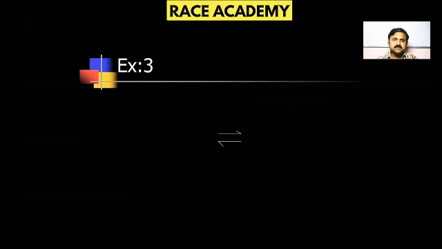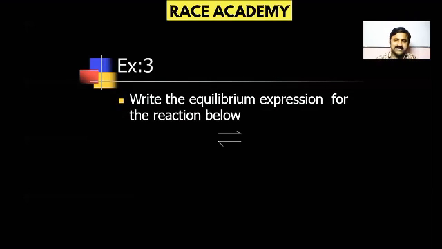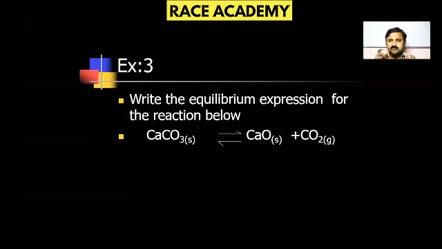Next, if we write the equilibrium expression for another reaction, we need to carefully observe. In this reaction, we have calcium carbonate, which is given in the solid state. Calcium oxide on the product side is also a solid. But CO2 is the only gas on the product side. For such a case, what will happen? The concentrations of CaO and CaCO3 will be considered 1, or omitted in the expression. Then we get the concentration of CO2 only in the equilibrium expression. This is K equals the concentration of CO2 only.